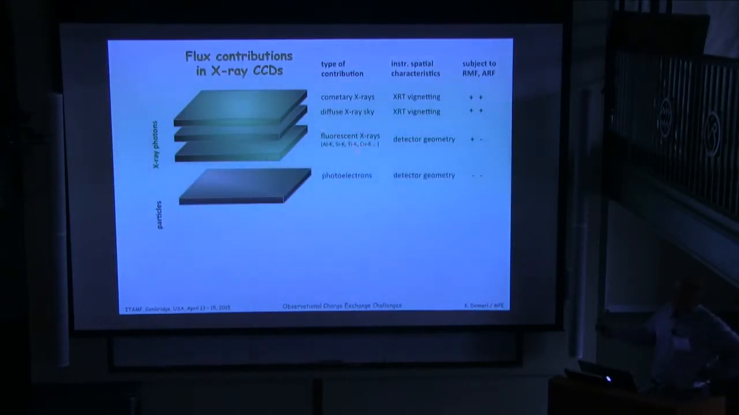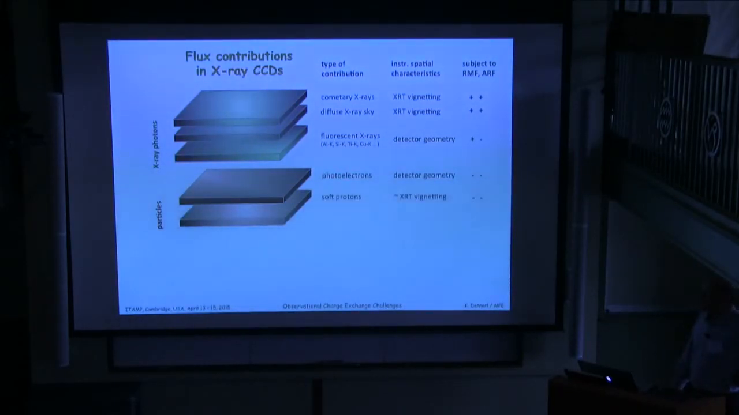This is the byproduct of this fluorescent X-rays, the photoelectrons. But there are also soft protons. These are the most dangerous things. They have destroyed almost the Chandra ACIS I